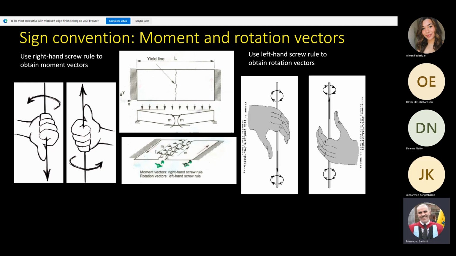observations because in the future you don't want to do it for every single region. Once you've done it for one region, you can deduce the rest, okay? So it's worth making these observations. You can see here we've got the same vector, the same direction for the moment and the rotation vectors within the same region. Are the conventions for the vectors clear, please? Any questions? Okay, now,